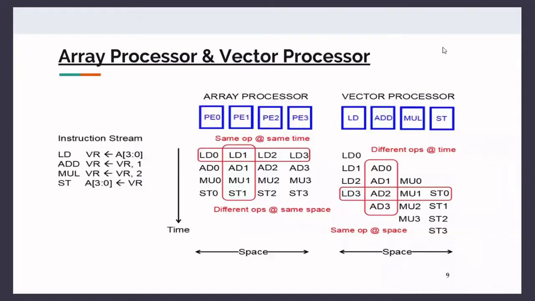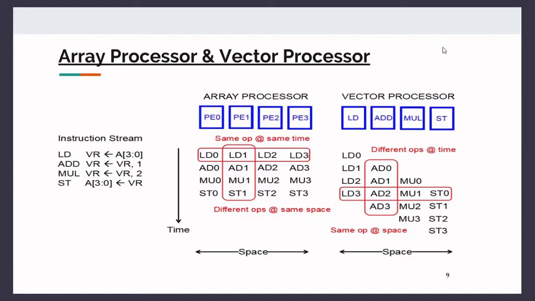So before going into the categories of processor array, let's compare the functioning of vector processing and processor array. In the diagram given here, you can see a set of assembly language instructions having 4 mnemonic instructions. In an array processor of 4 processor elements, P0, P1, P2 and P3, if you look at each clock cycle, all the processing elements are executing the same instruction on different data elements.